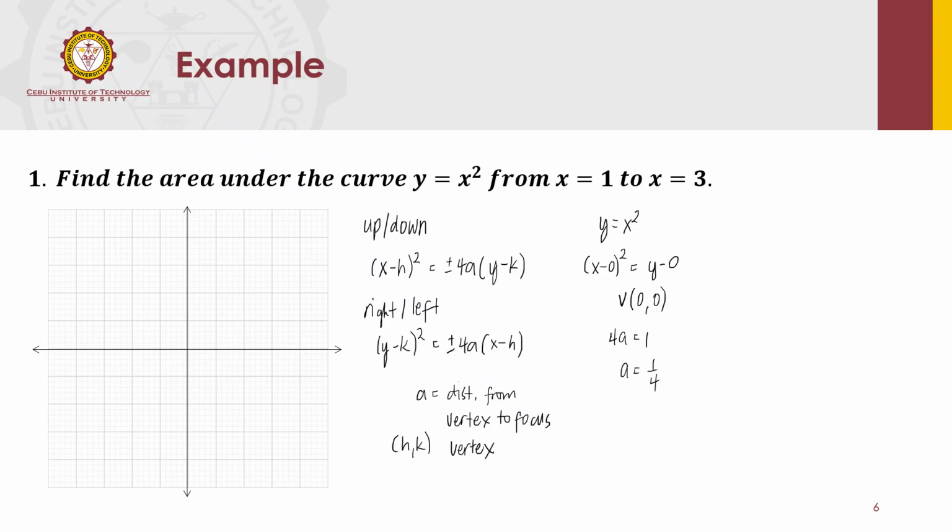So we need the vertex and the a value to draw the parabola, which opens upward, by the way, because the y term here on the right side of the equation is positive. So the vertex is at 0, 0. So let's label the Cartesian plane first. So let's say this is, we need the 1/4. So we'll have two main boxes here for 1 unit. And then, okay, so you'll be needing 1, 2, 3. So we'll make the